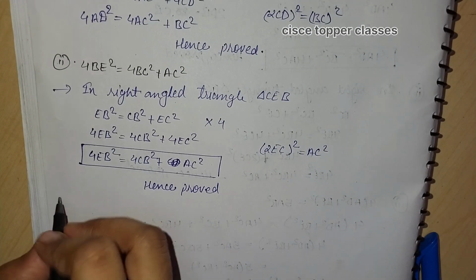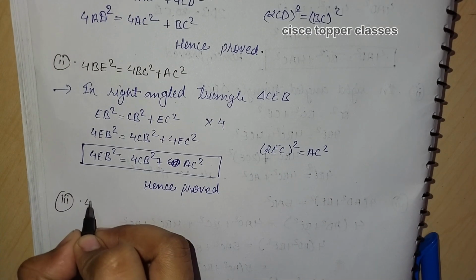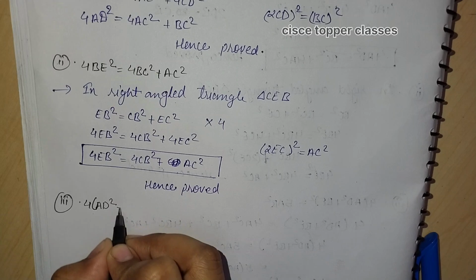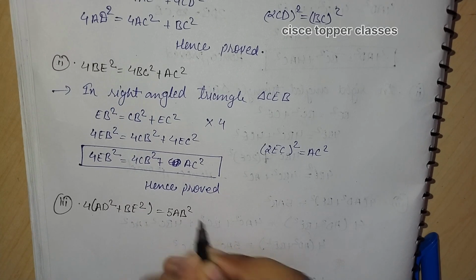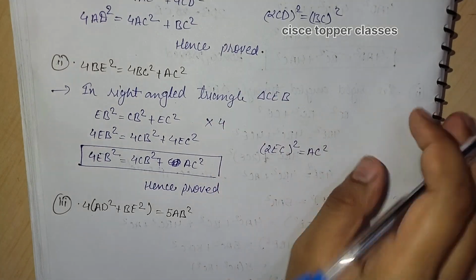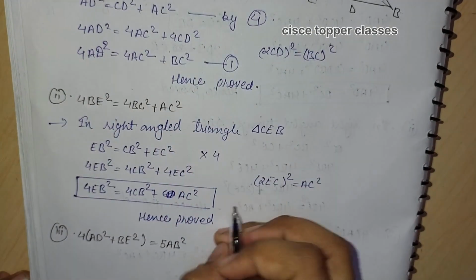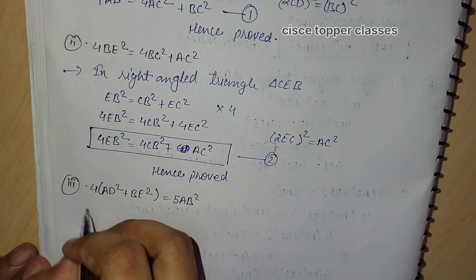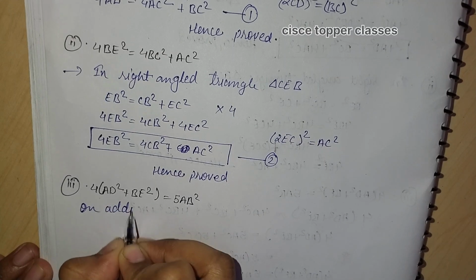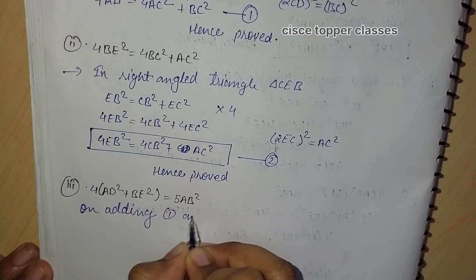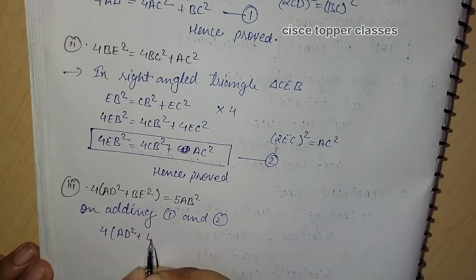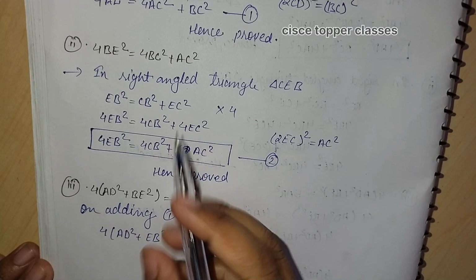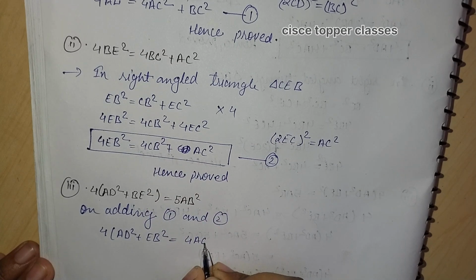Now let us solve the third part. In this we have to prove that 4AD square plus 4EB square is equal to 5AB square. So simply we can add these two equations given here. On adding, we will add the first and second equation. We will write it as 4AD square plus 4EB square is equal to 4AC square plus BC square